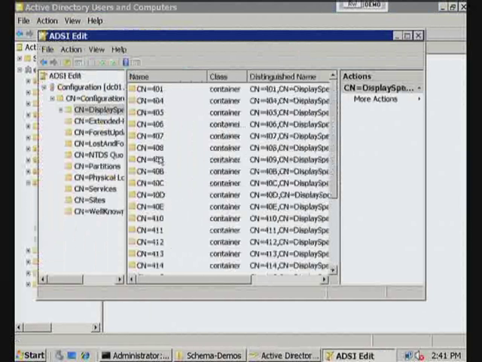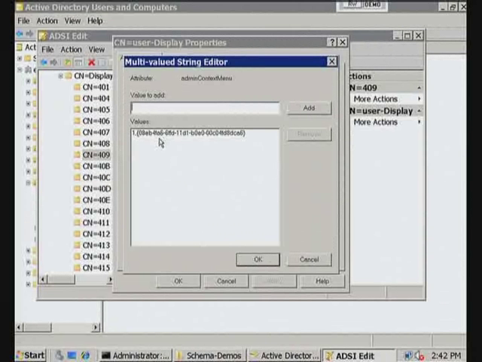Here we have cn equals user display, and what we have here is the admin context menu. There's already an extension in here, and this would be a regular extension written in C++, because it's just stating a GUID. But what I can also do is say, let's call it Ulf's properties,